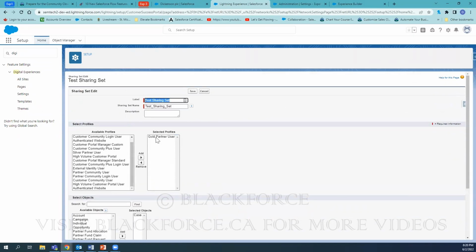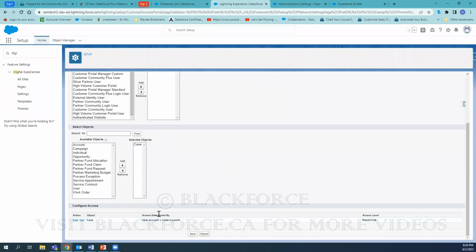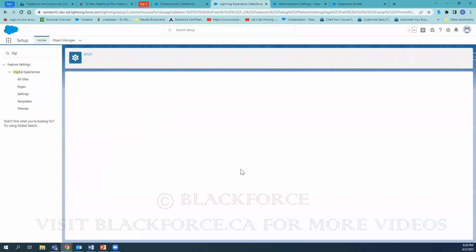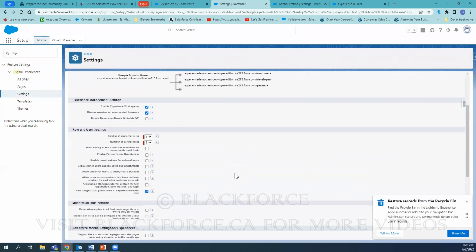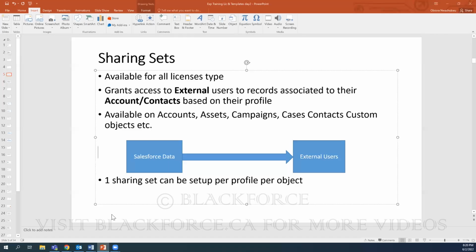For this profile, they will see this object, and see this condition. Then we can save. That is done. So a sharing set has been created. The next on my slide will be